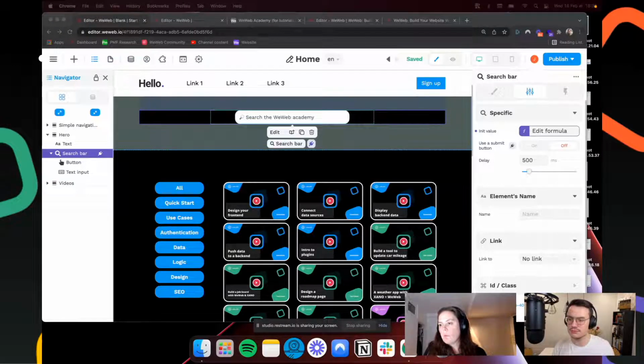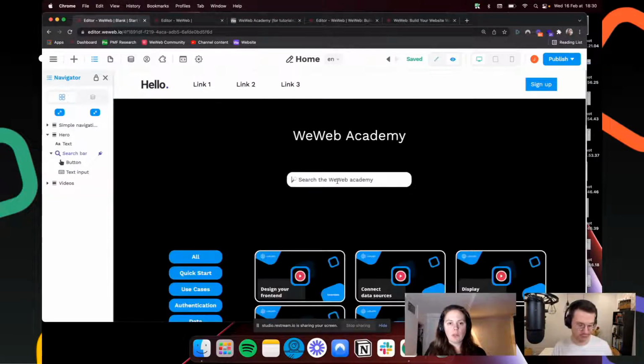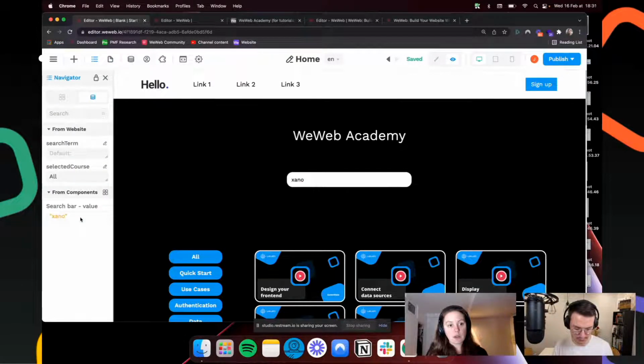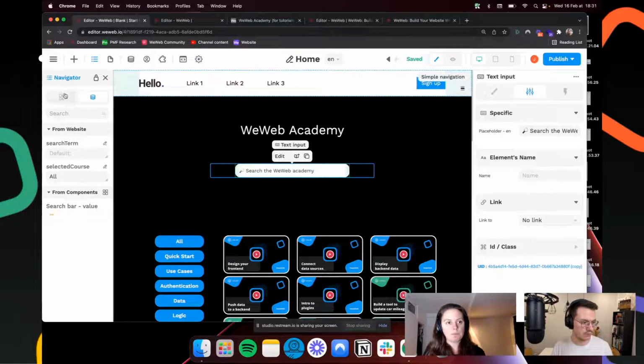Okay, so we bound the initial value of the search term to nothing. If we go into preview mode and we type in something, you can see here that our search bar value, the one that comes with the component, says Xano, what we typed. But here the search term is still empty because we haven't set up the workflow yet. So we need to set up the workflow,